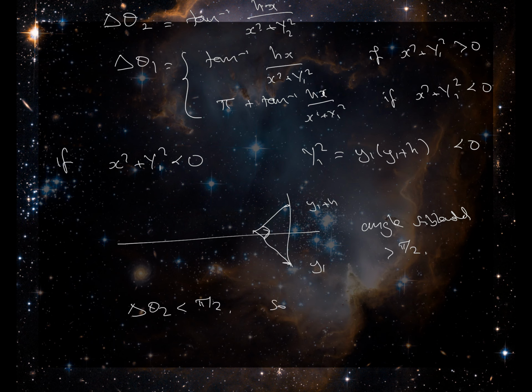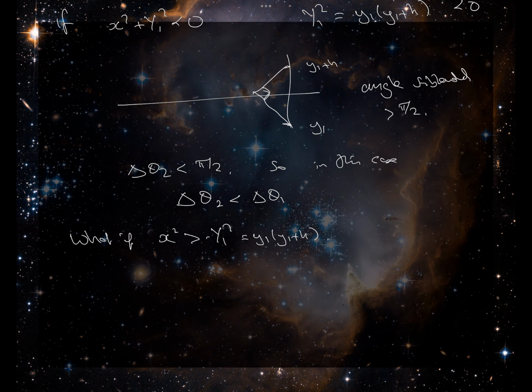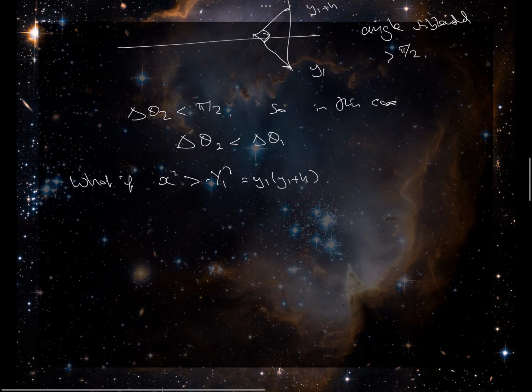So in this case, delta theta 2 is smaller than delta theta 1. Okay, what if y2 squared is bigger than y1 squared, then we know that y2 squared minus y1 squared